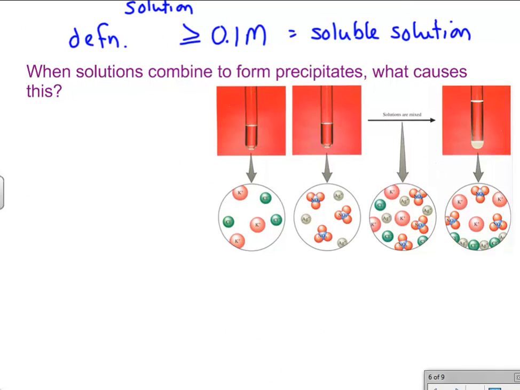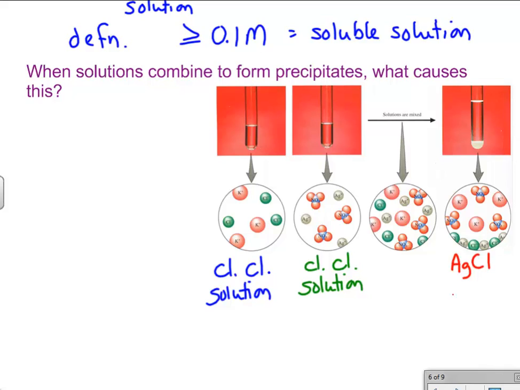Okay, how come precipitates form sometimes? It has to do with attractions between ions and attractions between ions and water molecules. So on the left I have a clear colorless solution. The next one is a clear colorless solution. One is potassium chloride, the other one is silver nitrate. I combine them and I end up with a cloudy precipitate on the bottom. That's silver chloride. I have nitrate ions floating around in solution, I have potassium ions floating around in solution, and I have the silver